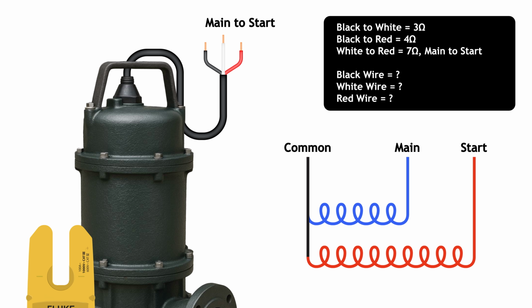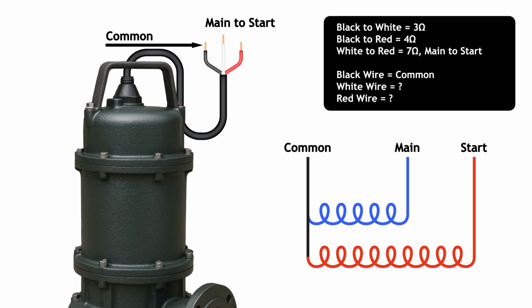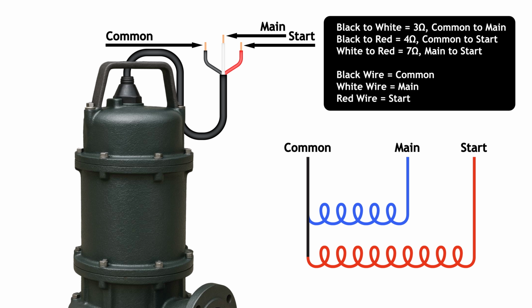That means black is the common wire, since it's not part of the highest resistance pair. The lowest reading, 3 ohms, is between black and white, confirming that white is the main winding. That leaves red as the start winding, verified by the medium resistance of 4 ohms between black and red. In summary, for this example grinder pump, the motor lead colors are: black equals common winding, white equals main winding,